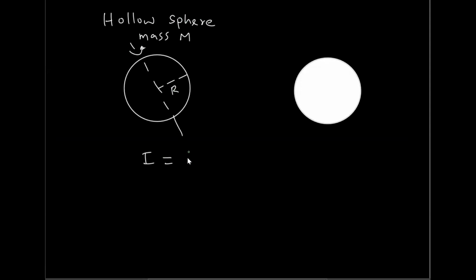So if I happen to rotate, this is a hollow sphere, but these are very important objects. So the mass is m and the radius is r. So I take any diameter, and then I rotate it. So for the moment of inertia, try to remember this 2/3 number. So 2/3 mr square.